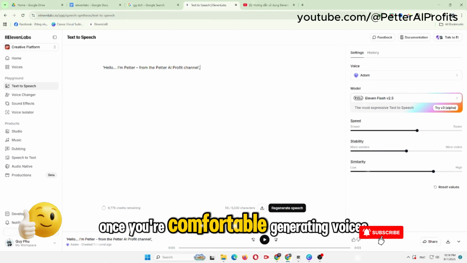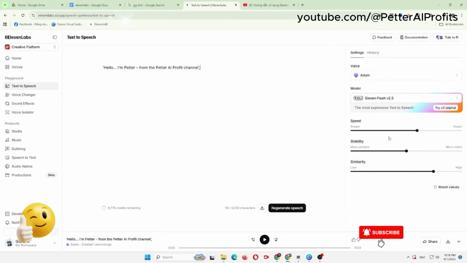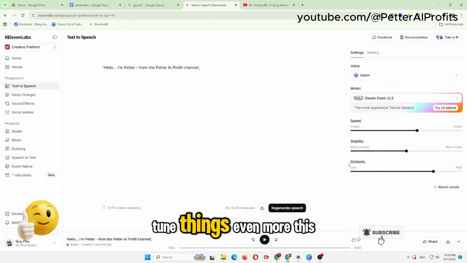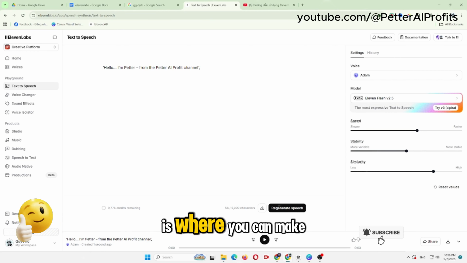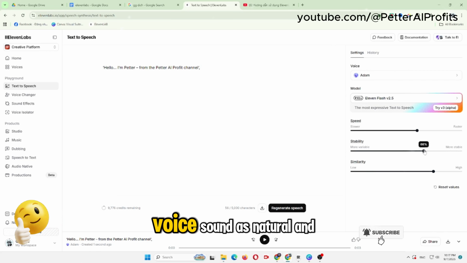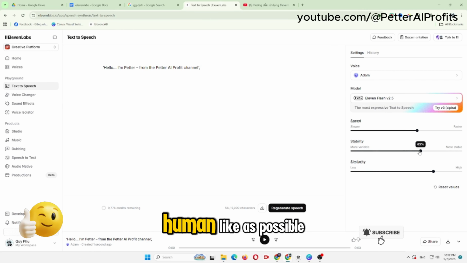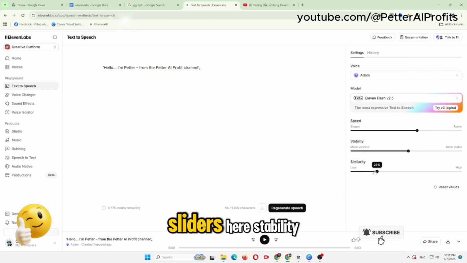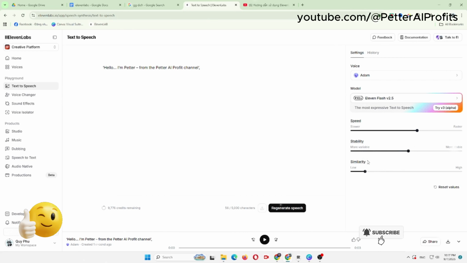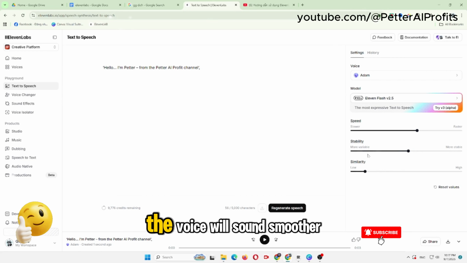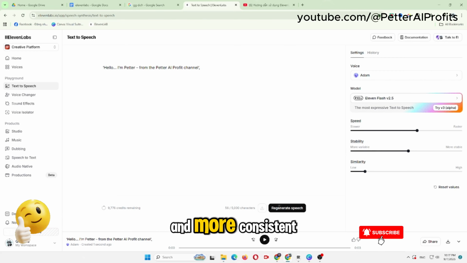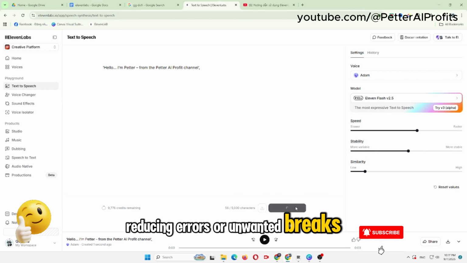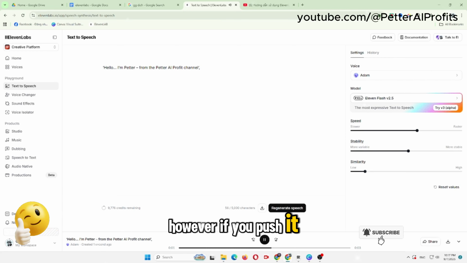Once you're comfortable generating voices, you should head over to the settings section to fine-tune things even more. This is where you can make the AI voice sound as natural and human-like as possible. There are two very important sliders here. Stability. If you increase this, the voice will sound smoother and more consistent, reducing errors or unwanted breaks. However, if you push it too high,